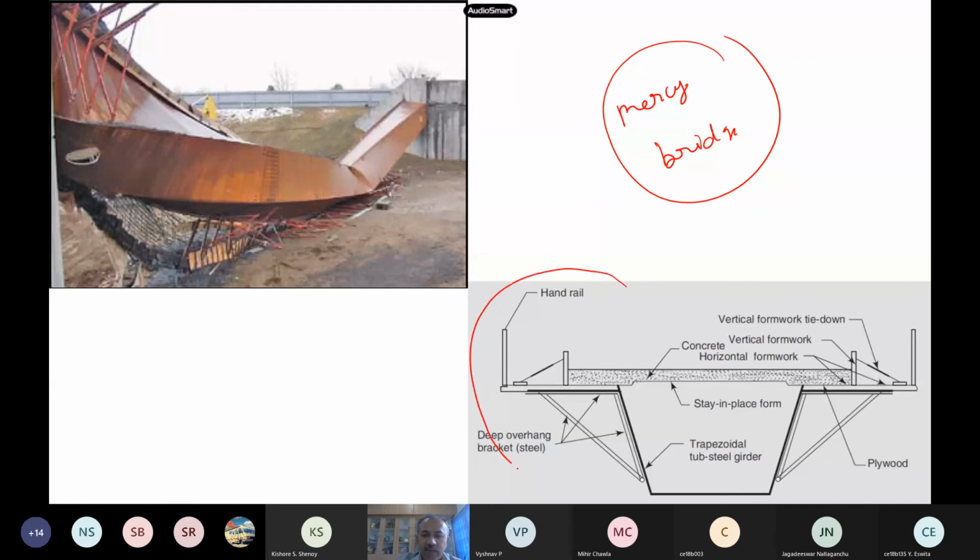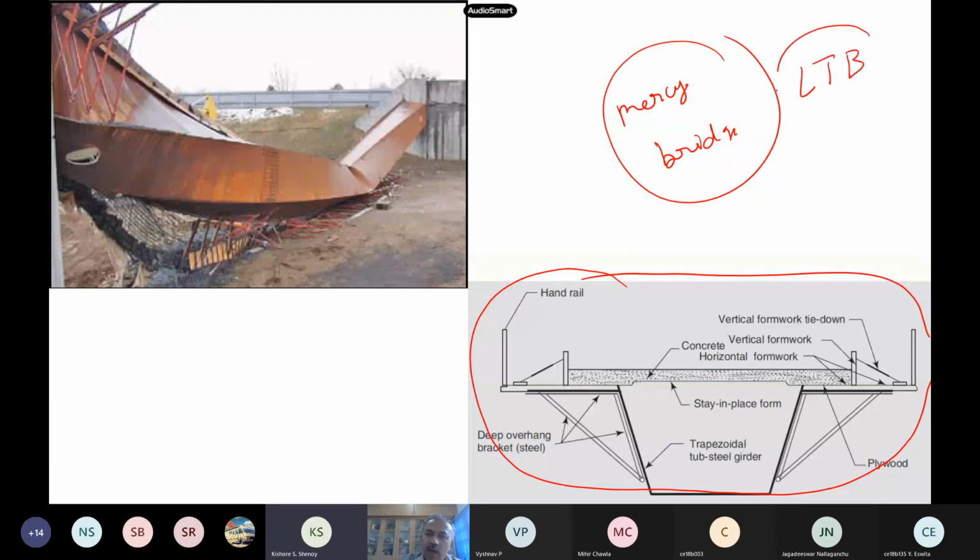See, the bridge was like this. The design was like this, but in which direction has it failed? See how this bridge has failed. You have seen that test also, right? In which mode has it failed? Lateral torsional buckling. So this is how the failures will be. If you search, you can find several. These are classical examples given in all the textbooks.